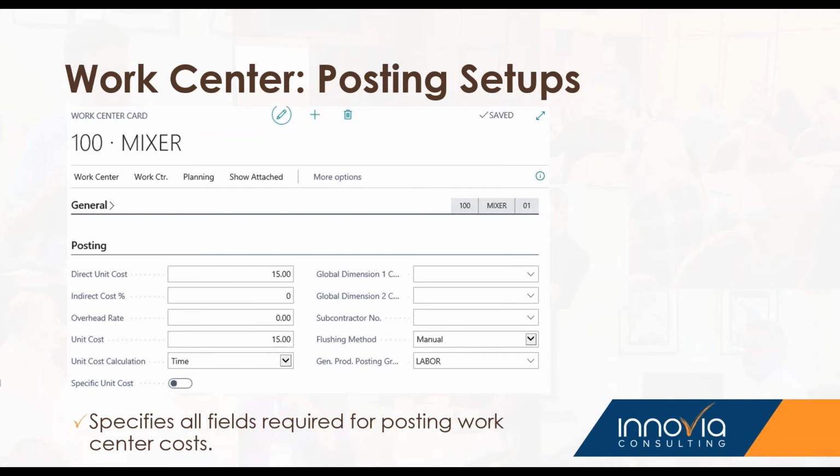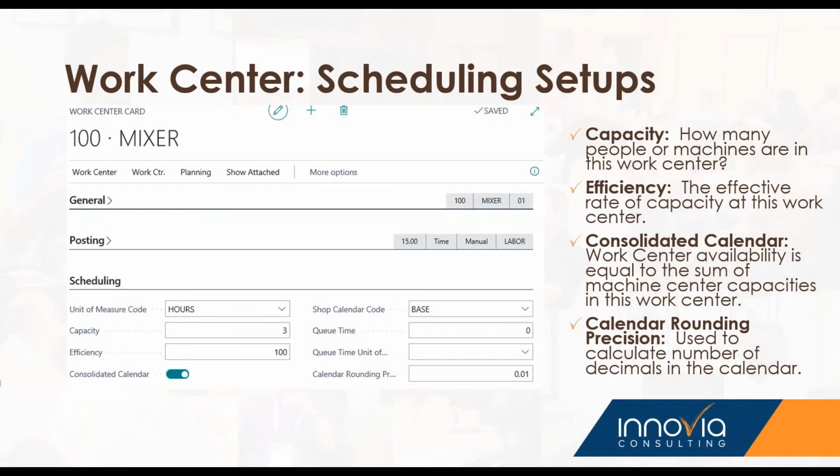And just a plug for future sessions in our manufacturing series. We will have a session that talks about subcontracting and how that works. We will have a session on the flushing method and how auto consumption of labor and materials works. And then we'll also have a session on how manufacturing costing works, which will include the setups in that product posting group. Yeah, so it all fits together. Okay, now we're on to the